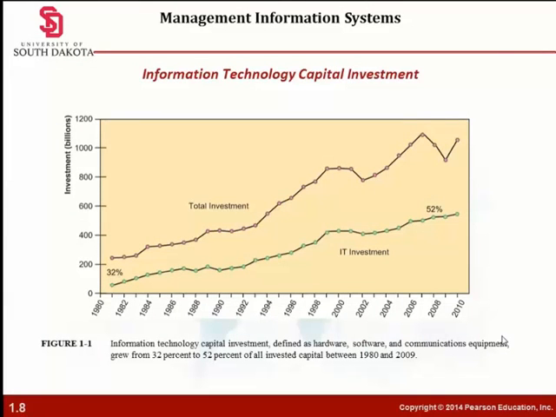Total investments is more than $1 trillion in 2012, and more than $540 billion of that was invested in information technology. Why is it that the percentage of total investment devoted to information technology has increased so much since 1980? Other kinds of capital investments could include machinery and buildings. Why would firms increase information technology investment faster than machineries and buildings?